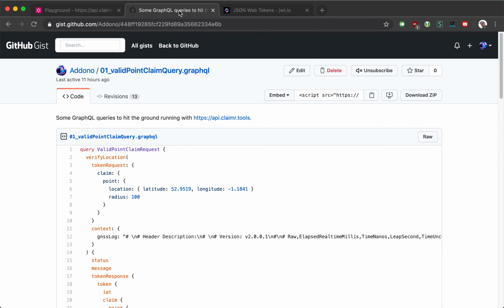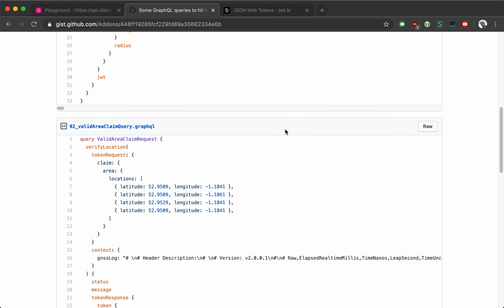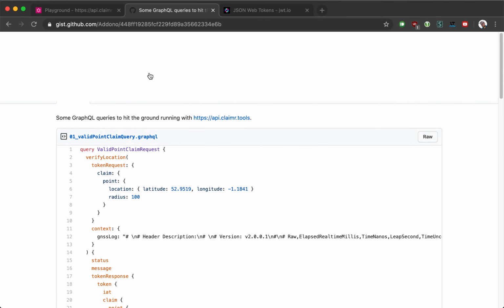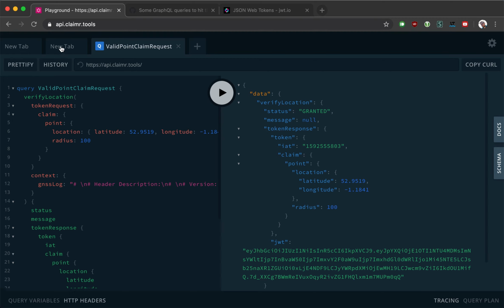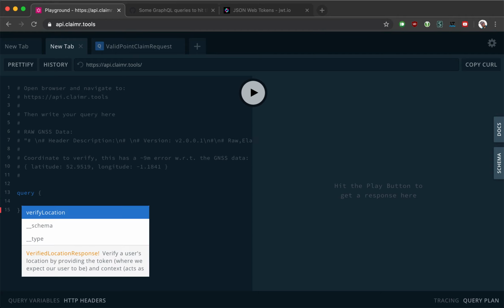You can find it at this gist together with some other queries you can run to play around with the API. GraphQL offers us help in completing our queries. So we can just ask it by doing command space what options we have. Here we want to verify a location,